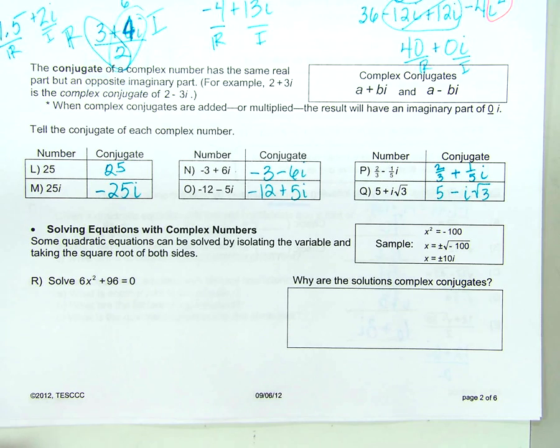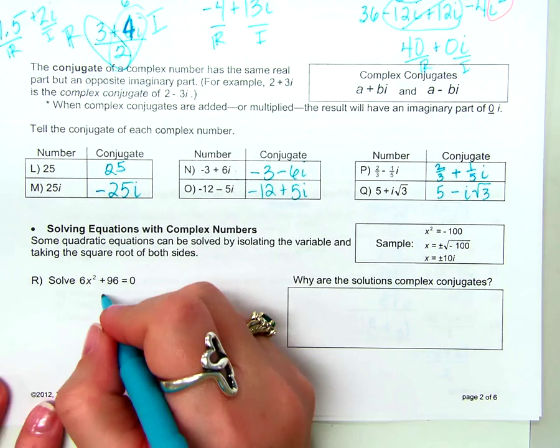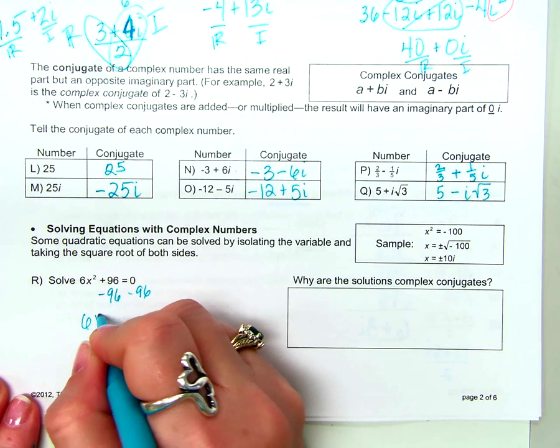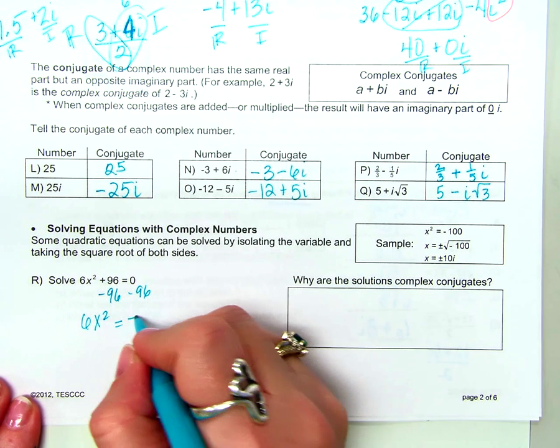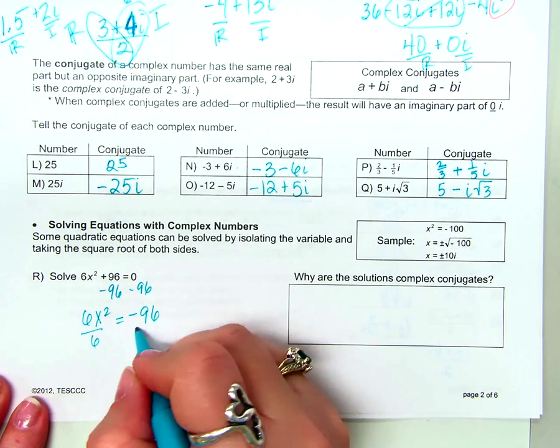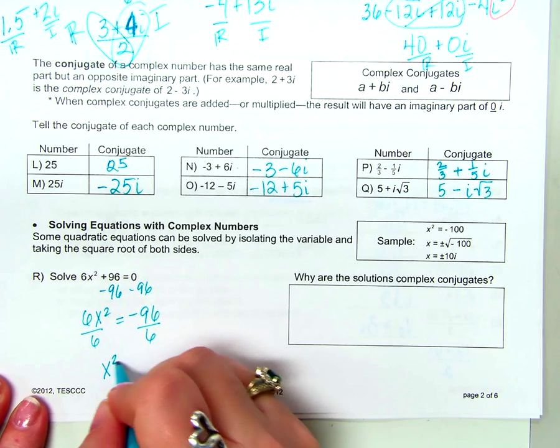If I get all the x's on one side and all the constants on the other side, right? So if I subtract 96 from both sides, would that work? 6x squared equals negative 96. Divide both sides by 6. x squared equals